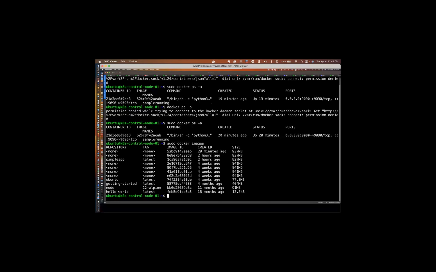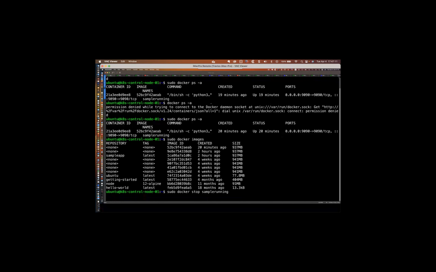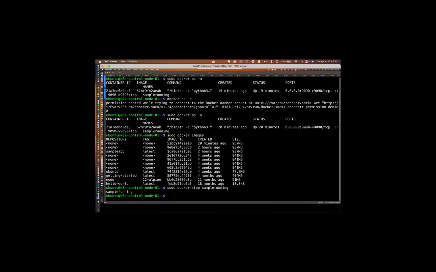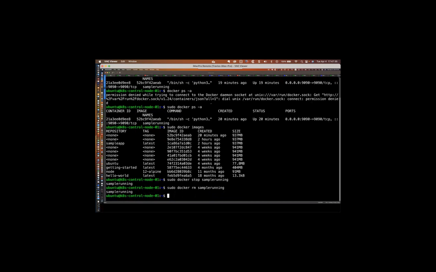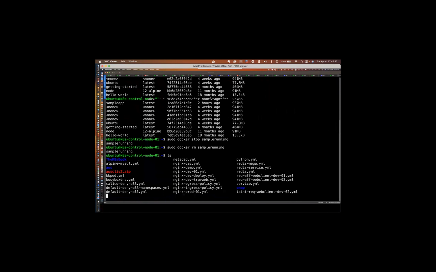So hold on, let's do this. I'm going to say sudo docker stop sample-running. I apologize. So I gave the containers the exact same names, and that is why we're not running. And so I'm going to stop the container here, and I'm going to remove it. I'm going to say sudo docker rm sample-running, and we'll get rid of it like that. Okay, good. Now that that is gone,